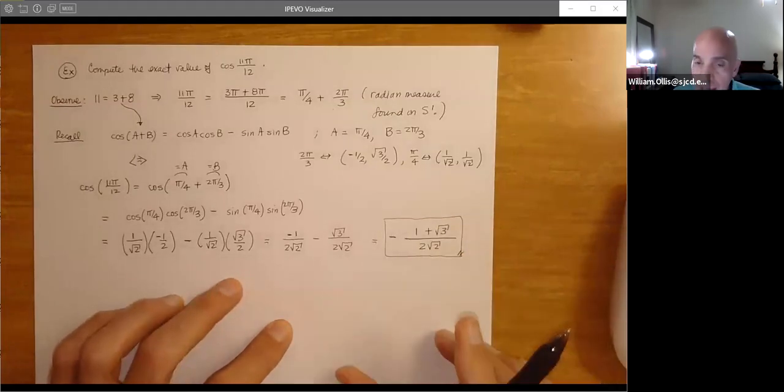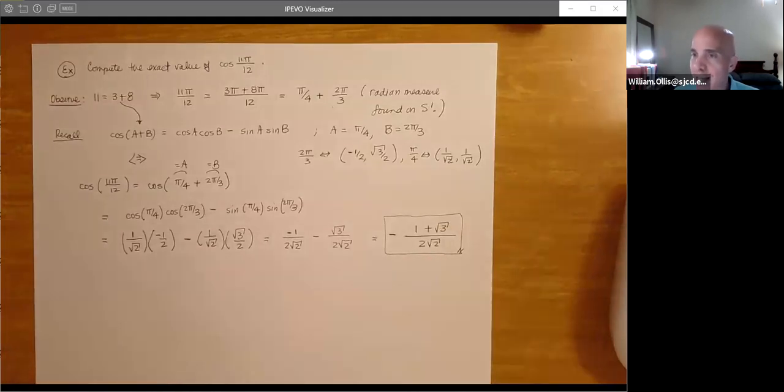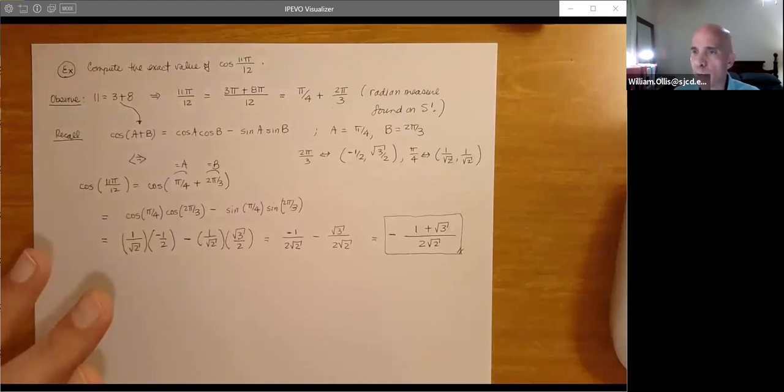So the idea here is that now, of course, this is an exact value of cosine of 11 pi over 12. And again, let me just reiterate that if you use a different identity, this may look a whole lot different, but be exactly equivalent. Lots of times when you have radicals and things, ladies and gentlemen, you can just square both of them and show that the value you get is equal. That's a good way to show that things are equivalent, especially when you've got lots of radicals running around and it doesn't appear that they're equal, at least face value wise.